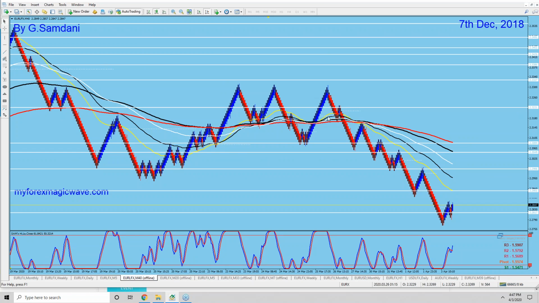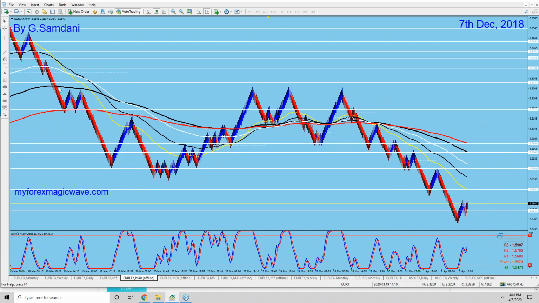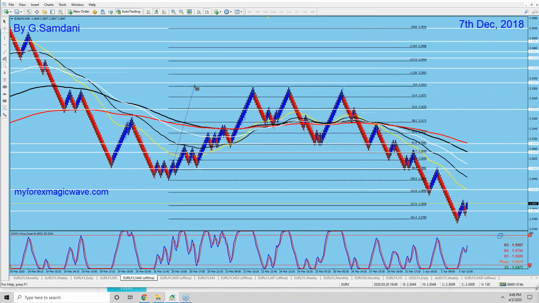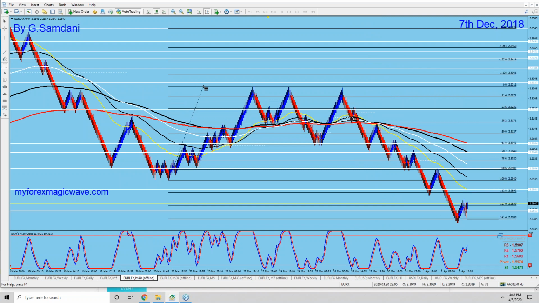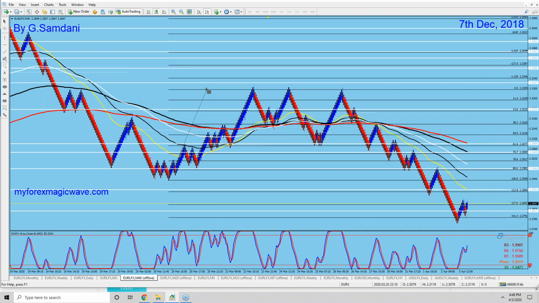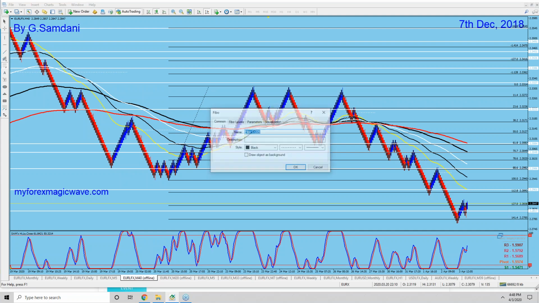Okay, so now you see this here beautifully coming down. Next week it went down quite a bit, so maybe it's gonna bounce a little bit, retrace, and then if my triangle is holding, euro is in big trouble. Exactly around there. You see that? What the heck? Okay, no, this is right.